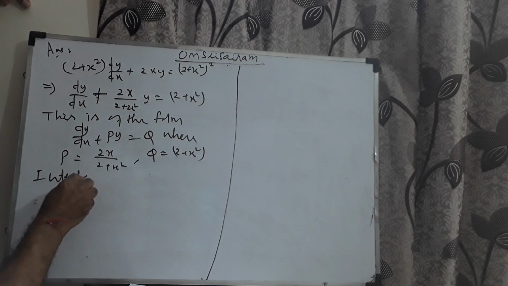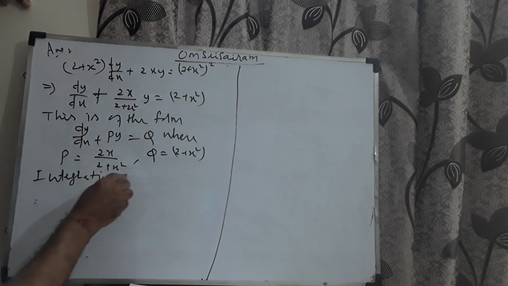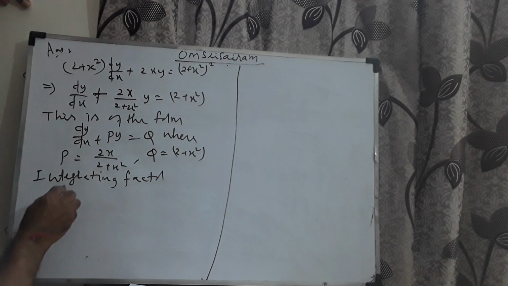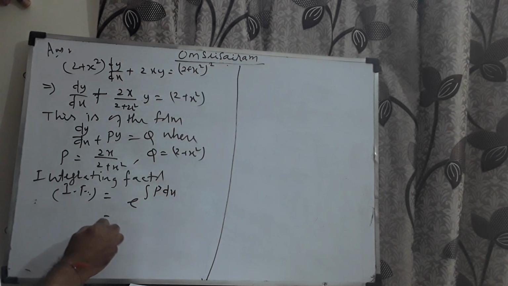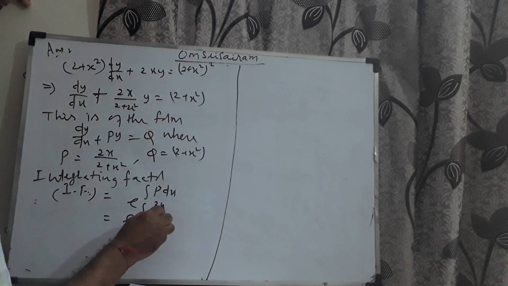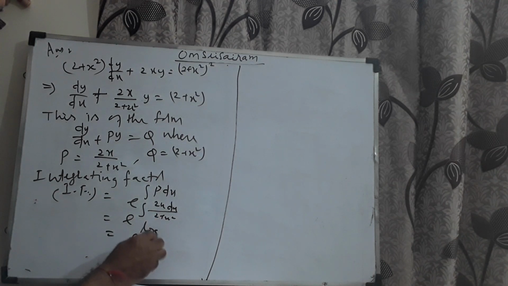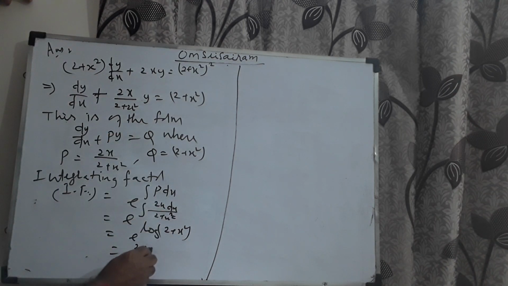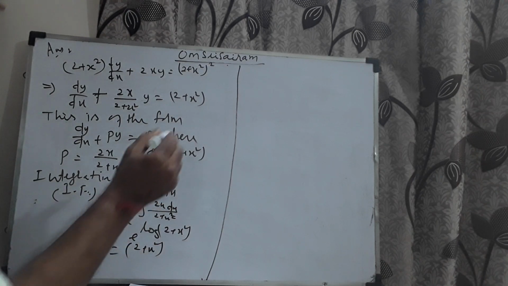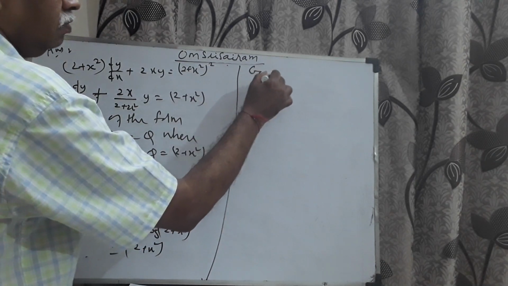Now here the integrating factor, I call it I.F., which is e^(∫P dx), which is e^(∫2x dx/(2 + x²)), which is nothing but e^(log(2 + x²)). D of 2 is 0, d of x² is 2x. Therefore, e power log of anything is the same quantity. Therefore, the general solution is given by